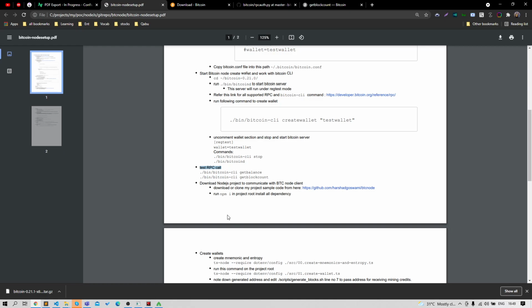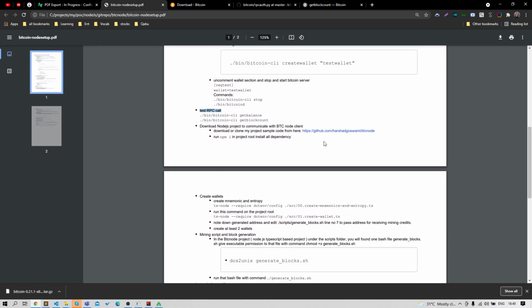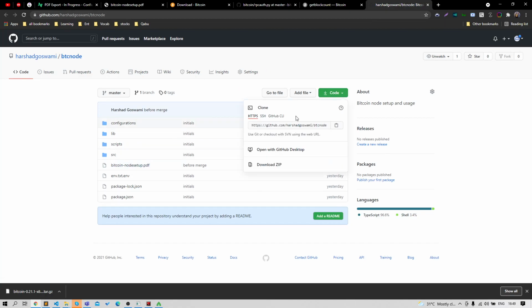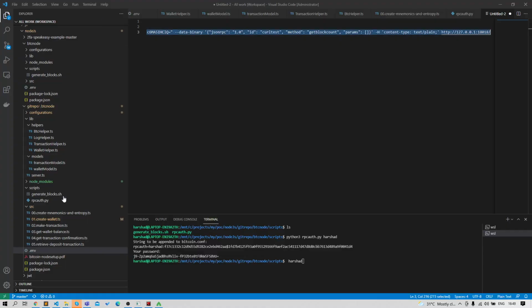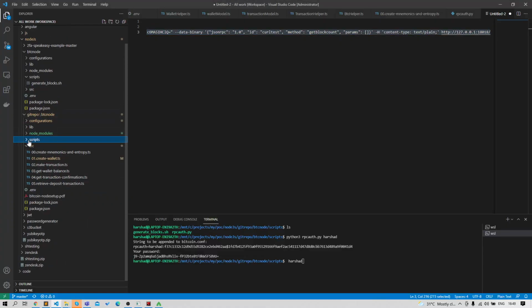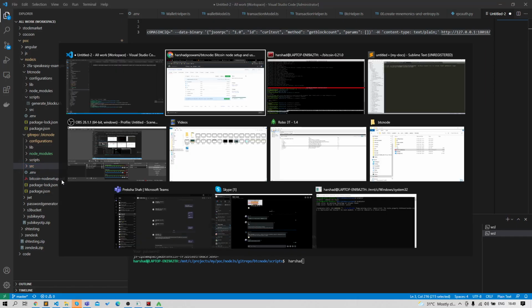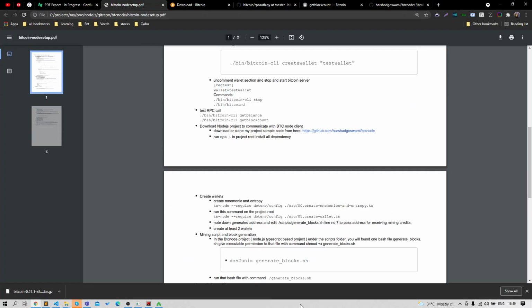So the next step is to set up our project. You can download my project from my GitHub link. This is my project GitHub link. You can download the code from here or clone the code from this link. I have already cloned it on my system, and in this folder structure you will find the file bitcoin node setup.pdf, the same file that I am showing over here.